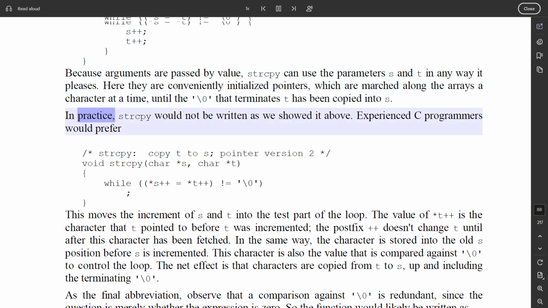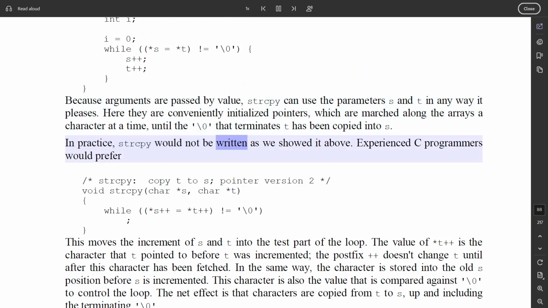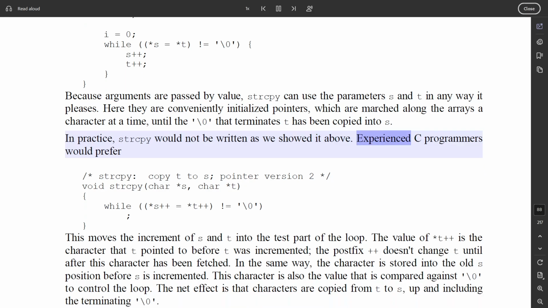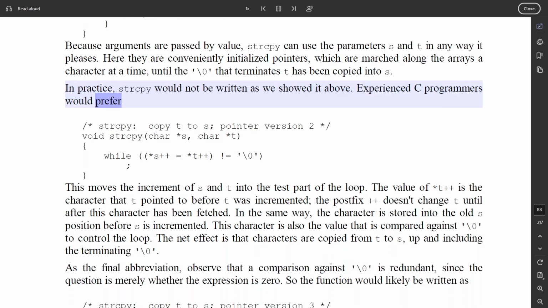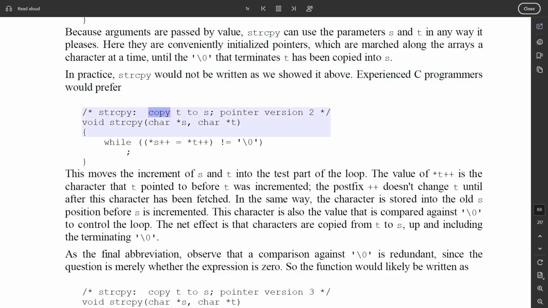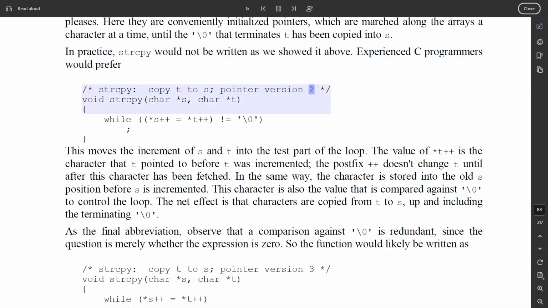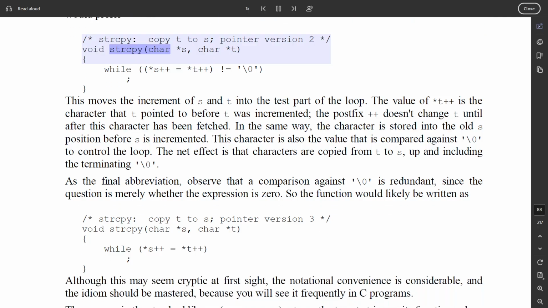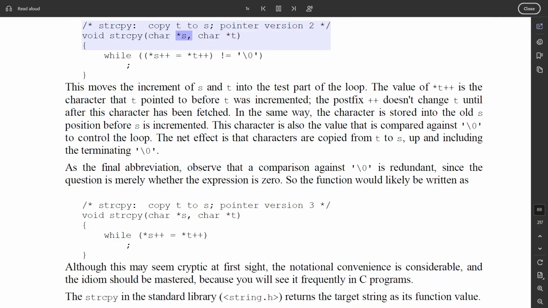In practice, strcpy would not be written as we showed it above. Experienced C programmers would prefer /*strcpy: copy t to s. Pointer version 2 */ void strcpy(char *s, char *t) { while ((*s++ = *t++) != '\0') ; }